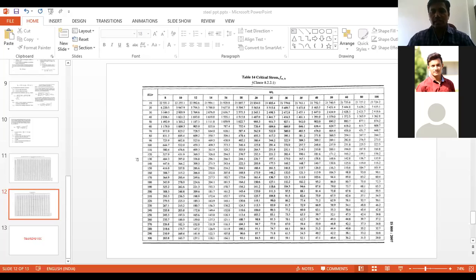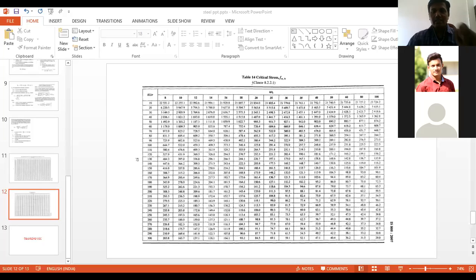Now I am taking one numerical of this. First numerical: design a laterally unsupported beam having a clear span of 4.5 meter, simply resting over the end bearings of 250 mm width, if it carries a service UDL of 20 kilonewton per meter.